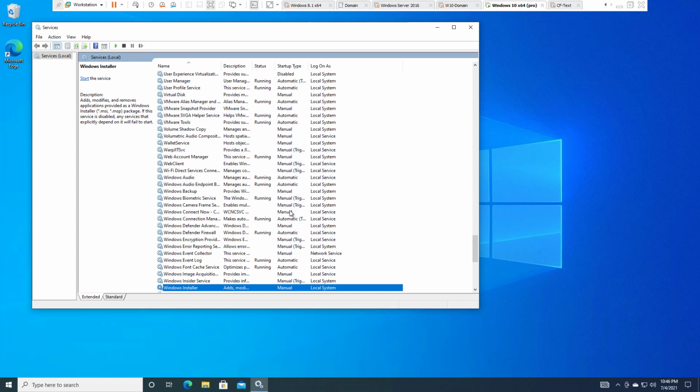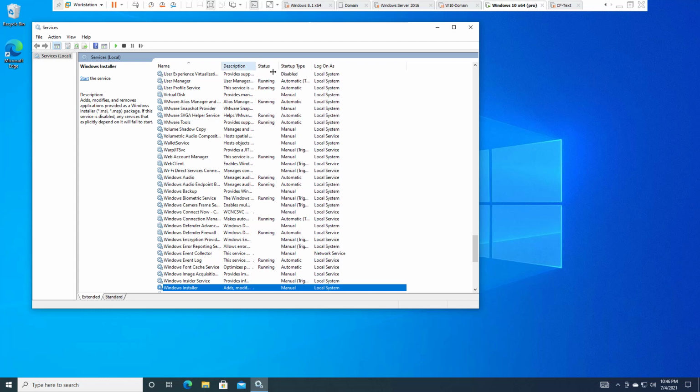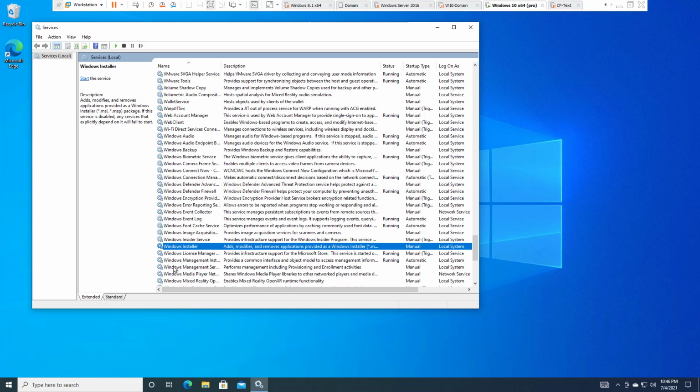If you want to install a program, Windows Installer is what actually adds, modifies, and removes applications. So if this is disabled or not functioning, the ability to install a program is no longer there. So controlling the services actually is important. Controlling the services provides a lot of power over the entire system. So that is system services in a